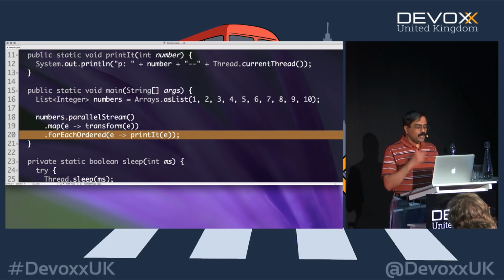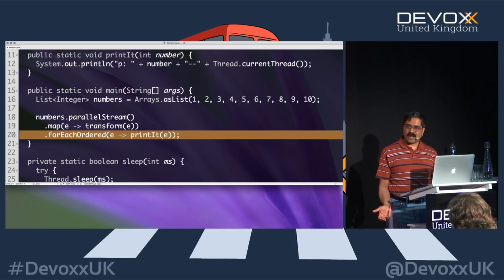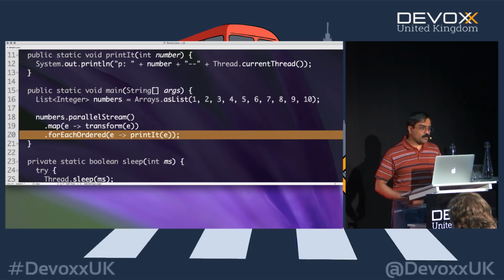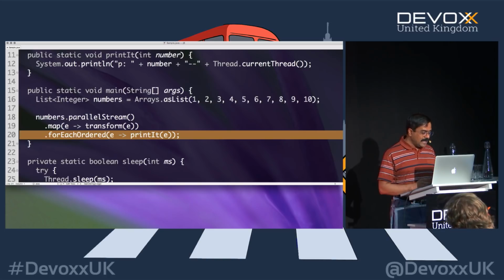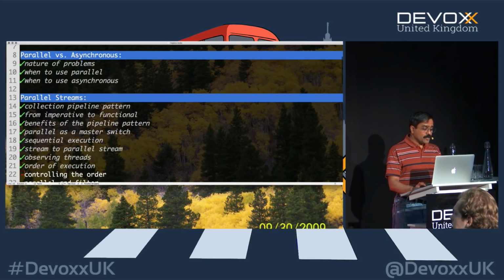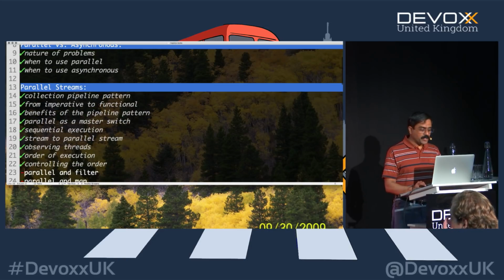That doesn't mean you can take any terminal operation and throw an ordering on it. That's not the intention. There are some with no ordering. There are some with ordering counterparts. It depends on what API you're dealing with, and you have to really work through it depending on what you're working with. So we saw how to control the ordering of execution.